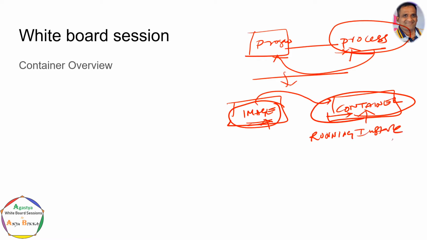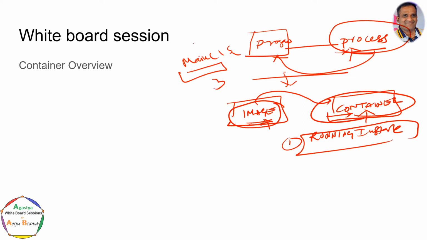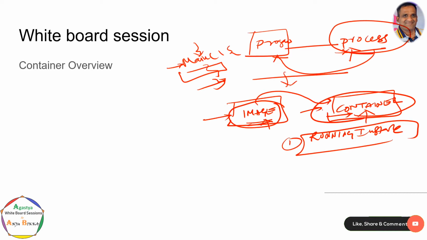Running instance, this is the first one. The second one: when we define a Java program, the entry point is main. In the Java program, the execution starts at the point of main, it executes and it terminates. In the same way, we say the image is where the entry point is lying. What is the lifespan of a container? We will elaborate more on this later.